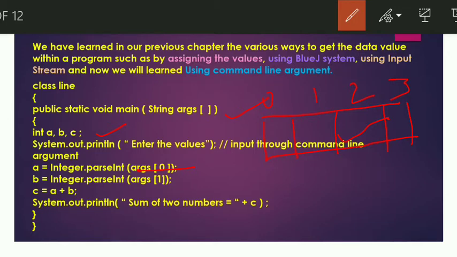memory storage. Now if I enter, say, 10, where is 10 stored? In a, and a is located at 0. So within this 0 location, the value 10 will be stored. Say in b you put 50, so 50 is stored in b, and b is located at 1, that means in memory location 1, 50 will be stored.